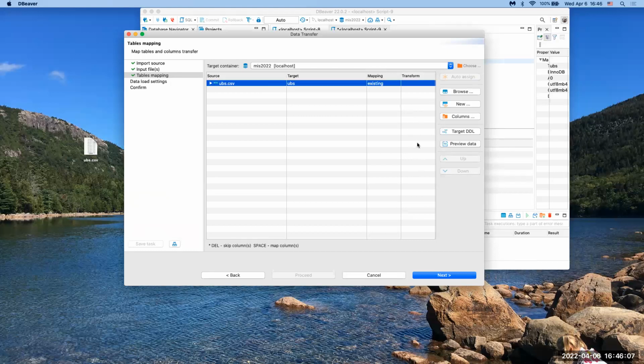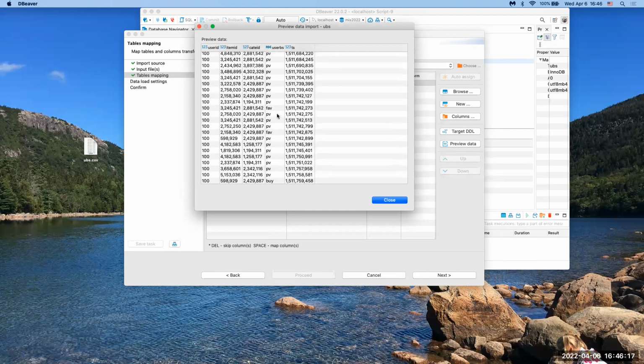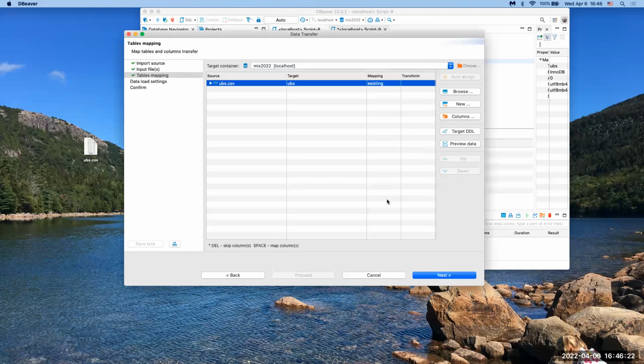So you can also preview to make sure that the data matches correctly. So preview the data. It'll give you about 100 records. And click on